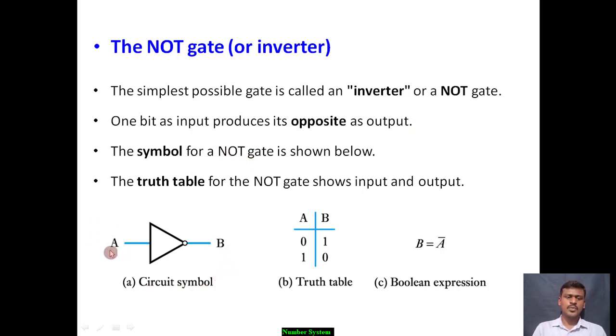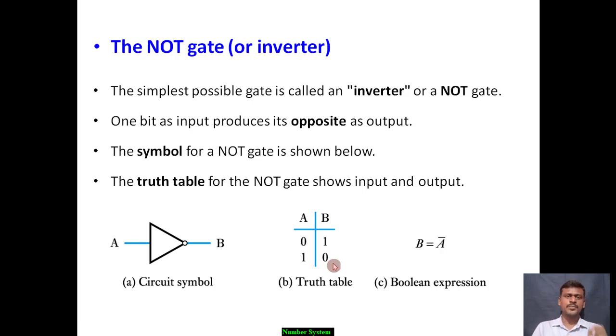We have one input and one output, and the truth table also uses one input and one output, and the Boolean expression for the NOT gate is A bar, meaning A bar represents the NOT gate. So you can see from the table that if the input is 0, the output is 1, and if the input is 1, the output is 0, meaning it will invert the input value.